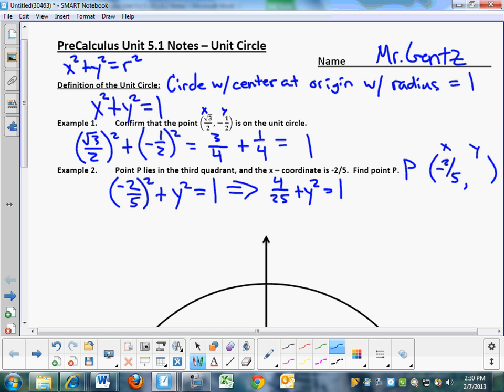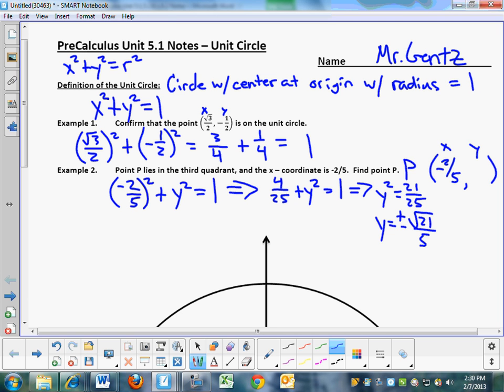See, 1 would be 25 over 25, right? So we can subtract and get y squared is equal to 21 over 25. Now, when we take the square root of y, we get a positive and a negative. y equals the square root of 21 over 5,